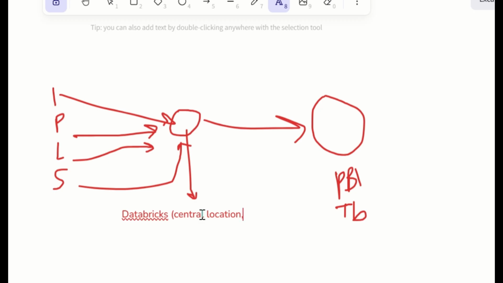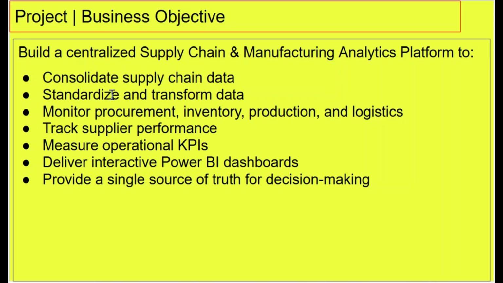So this is more like our data warehouse. That's number one, where we consolidate the supply chain data. And then